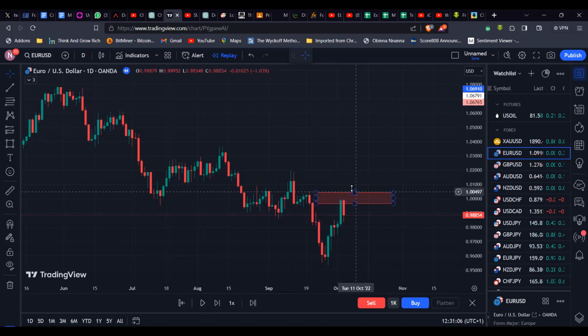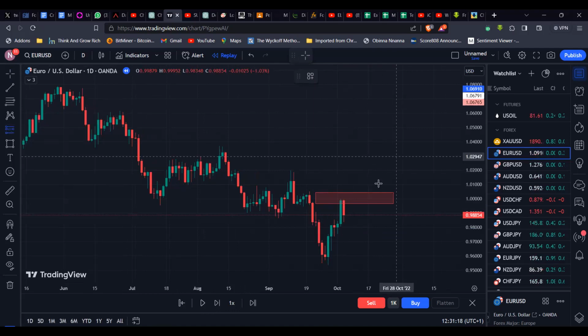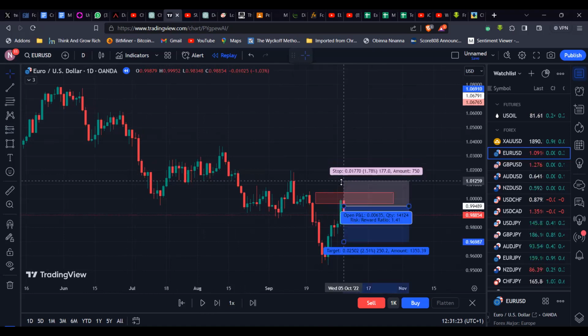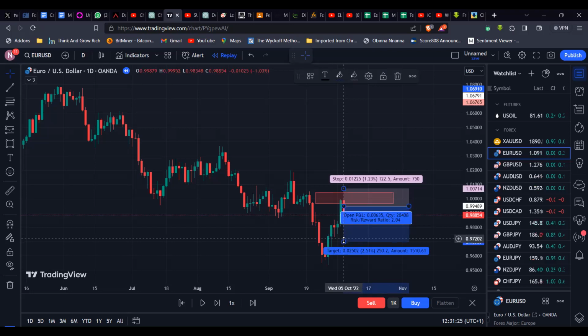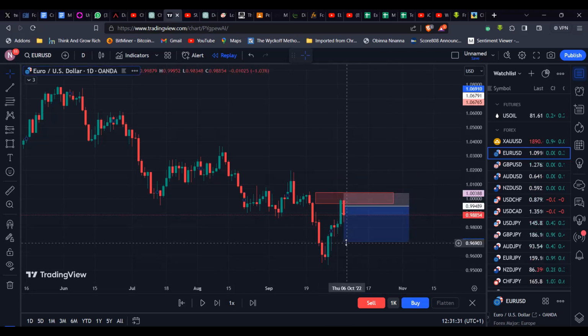Now on a smaller time frame, you'd have probably confirmed a structural shift or Wyckoff distribution here, and you might have used that to get involved in a sell, of which you are correct to do so, because the market has been showing bearishness, and you find a confirmation to trade. Let's say you trade like this, and you go after 1:2, or however it is you get involved in the trade. So let's say something like this.